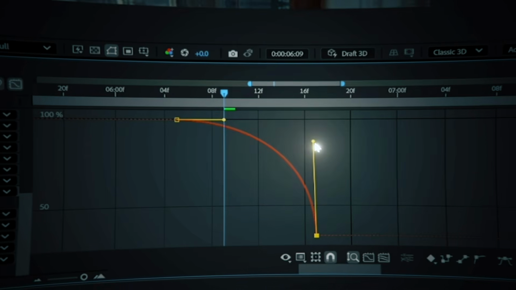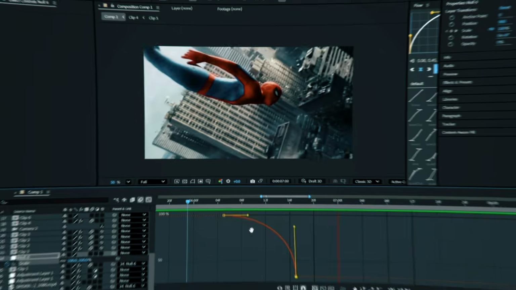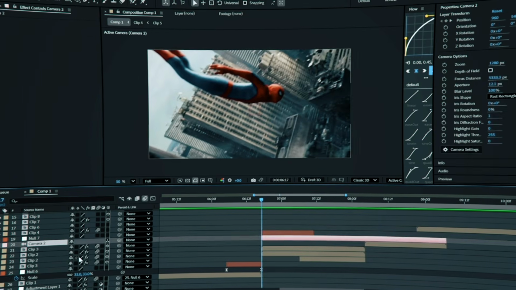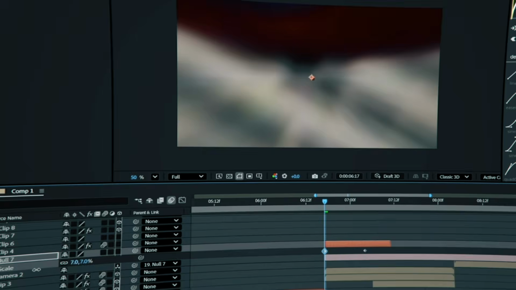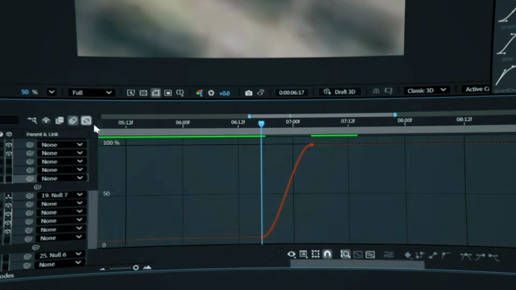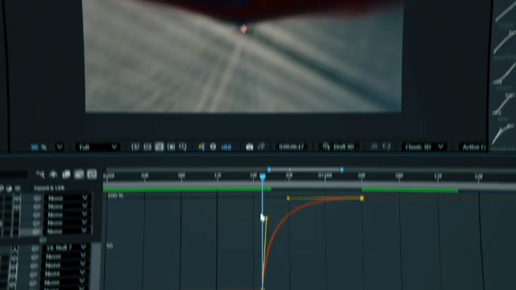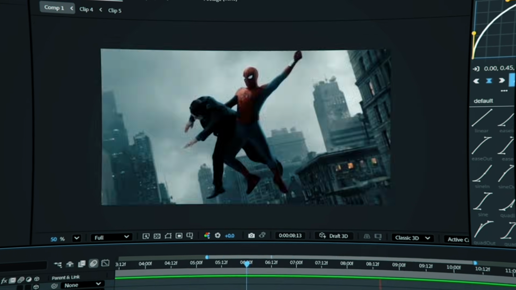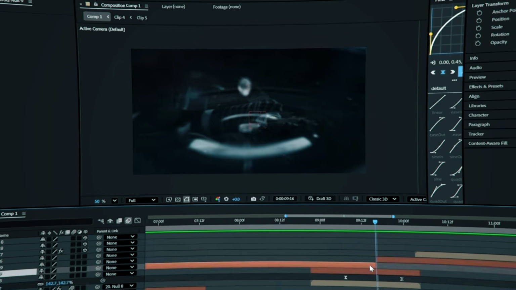Then we go to the graph editor and create a graph similar to this, so the movement goes smoothly from slow to fast. After that, we go to the next clip and add a null the same way. This time, the beginning of the video should be scaled up, then return to normal size. And here, we adjust the graph the opposite way, from fast to slow. Now we have a new transition, and again, as a time lapse, I'll add a few more transitions like this to some other parts.